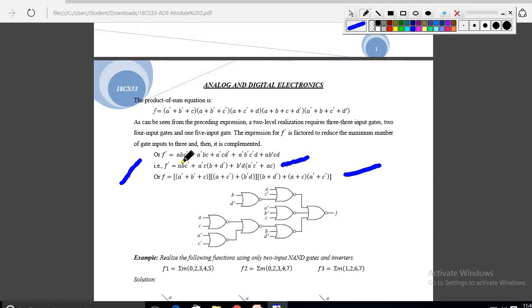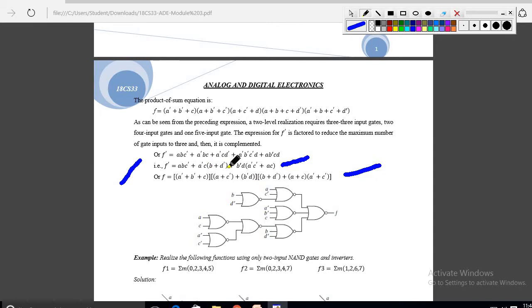For that reason I told you earlier how exactly you need to convert. Here if you are converting from SOP to POS, A goes to A bar, B to B bar, C bar to C, and where there is a product it will be connected to sum. Anyhow you know that method, no? Just apply that method while converting from SOP to POS. See here, this expression A bar C into B plus D bar, it will be converted to A plus C bar plus B bar D.